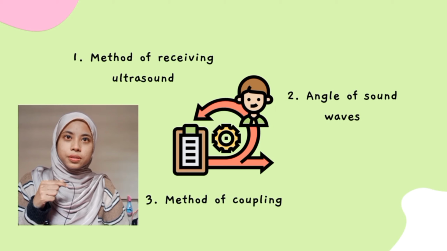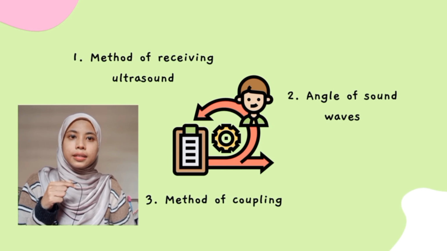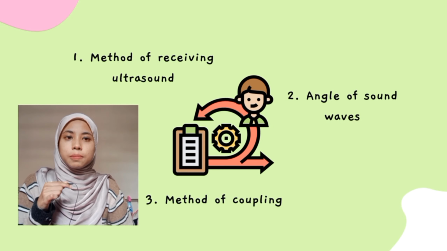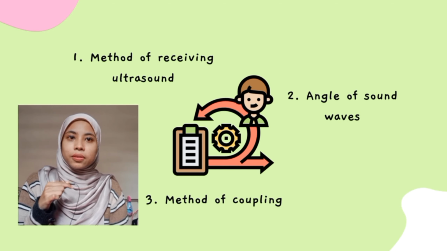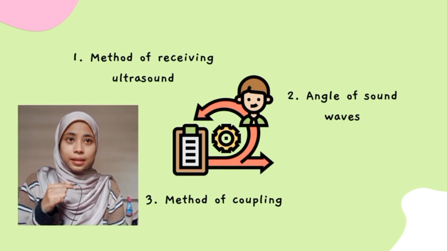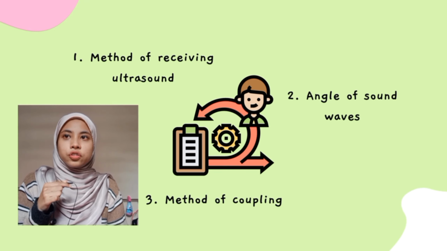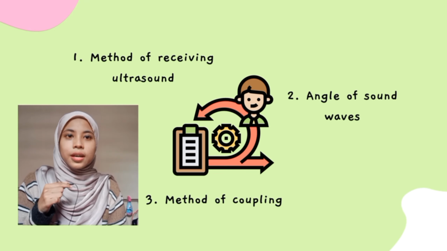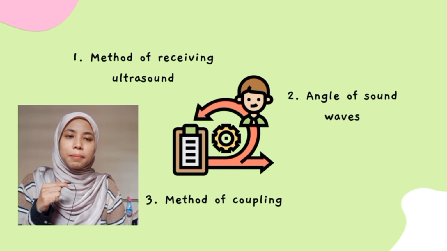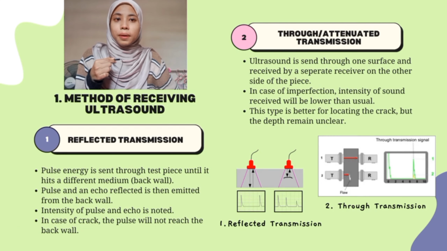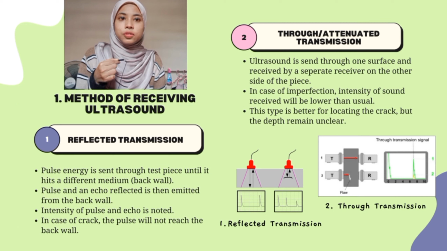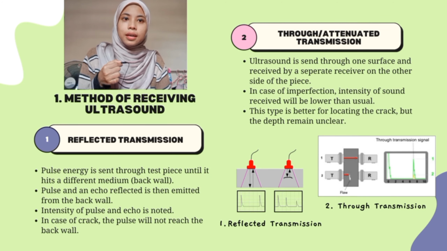Usually, once the pulse receiver is connected to the transducer and a diagnostic device, the process of inspection begins. There are multiple methods to carry out ultrasonic testing, and these methods can be classified into three main categories, which are the methods of receiving ultrasound, angle of sound waves, and method of coupling. There are two methods of receiving ultrasound, the first, reflected transmission, and the second, through or attenuated